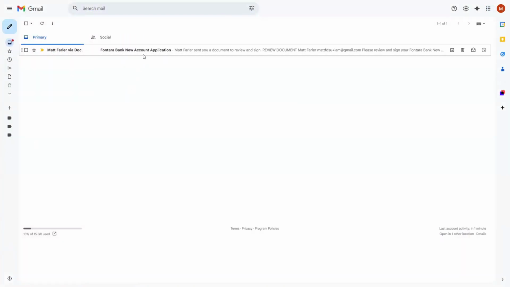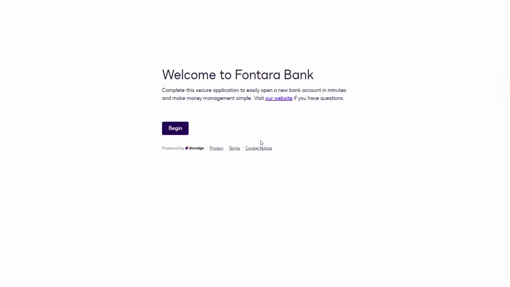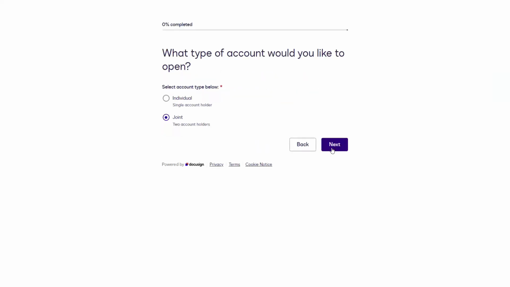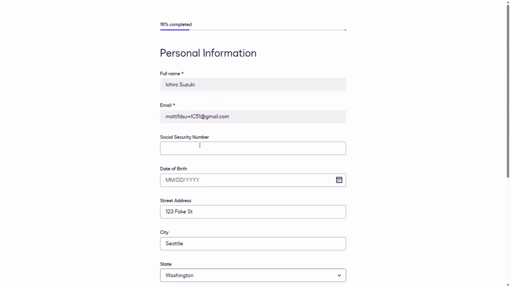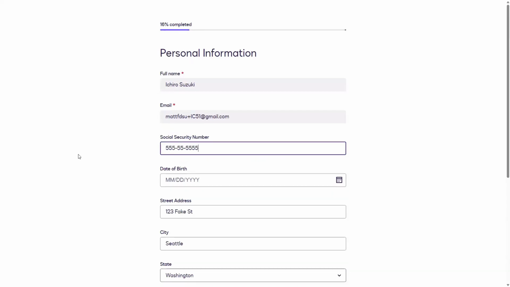It arrives in the first recipient's inbox in the form of a signing notification that you are all familiar with. However, when the signer clicks Review Documents, they are not brought into the PDF signing ceremony, but rather into my streamlined and straightforward web form. And some information is already filled in because it was filled in by the sender.